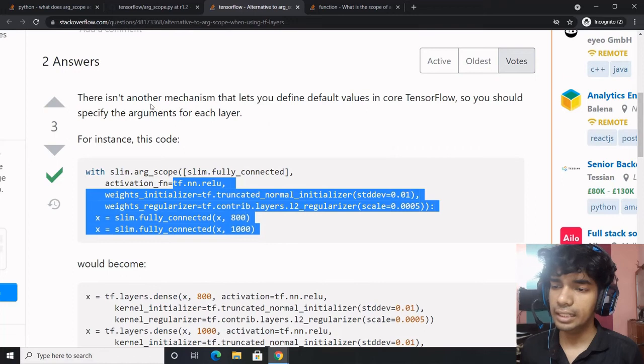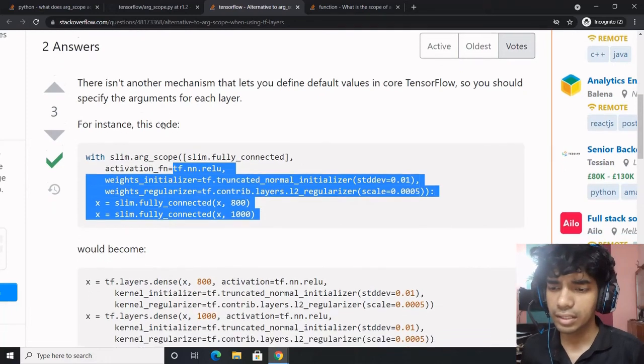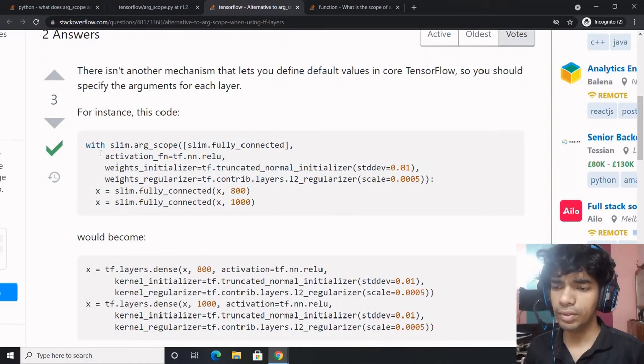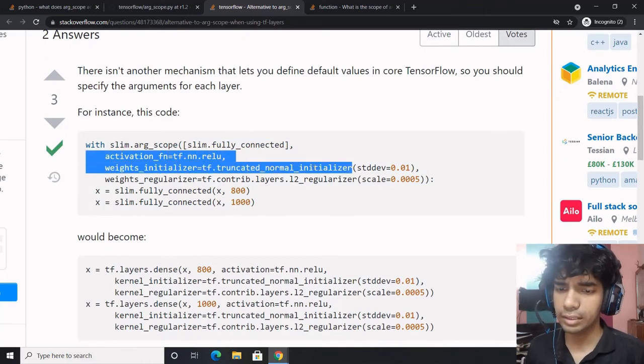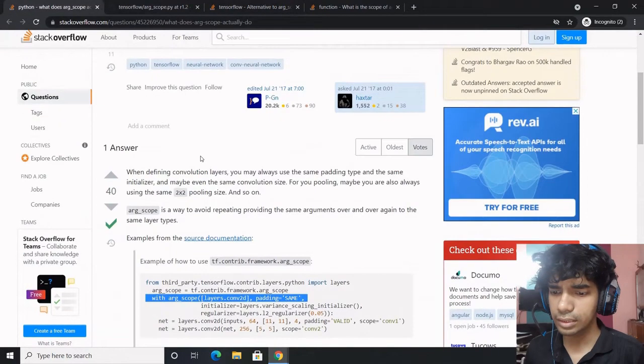There isn't any other mechanism that lets you define the values in core TensorFlow, so you should specify the arguments for each layer. So let's say you are talking about fully connected of Slim. What we want to do is activation would be this. These are the TensorFlow values, all right.